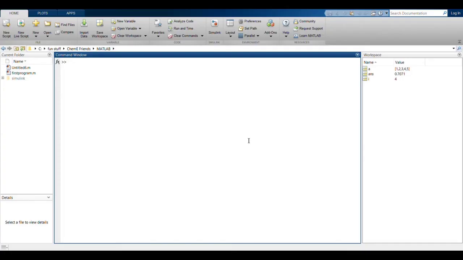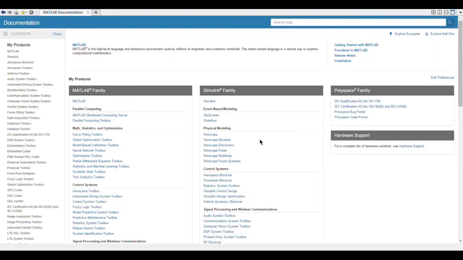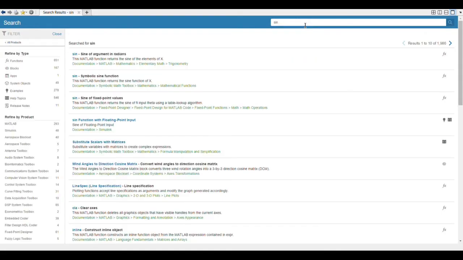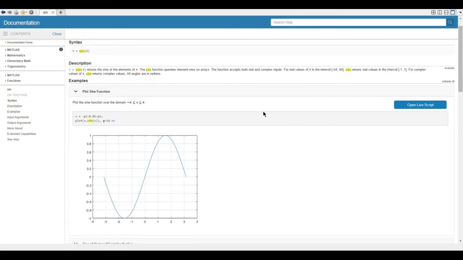A great place to learn about MATLAB and its inbuilt functions is the MATLAB documentation, which is in the help button. When you click on the help button, we can see this documentation section, and if you have any doubt about some function, say the sine function, and how this inbuilt function works, you can click on it and see what arguments are required within the function, and how it's to be implemented, etc. So it's very helpful.